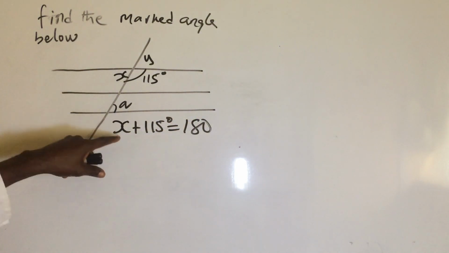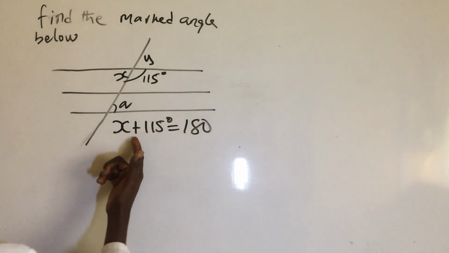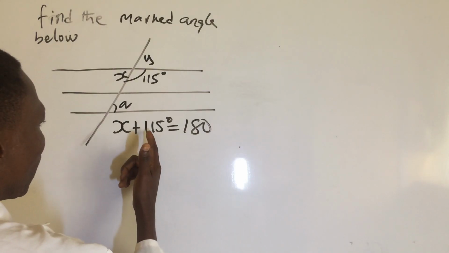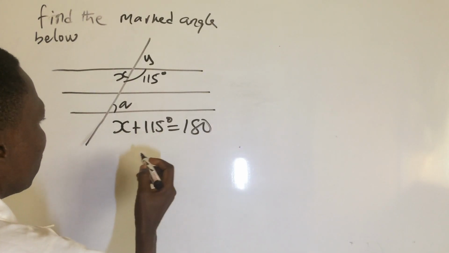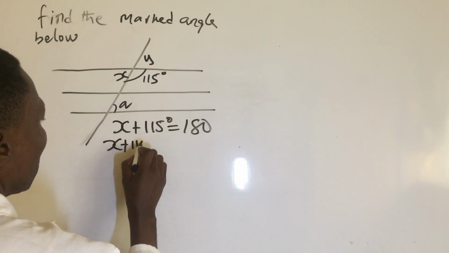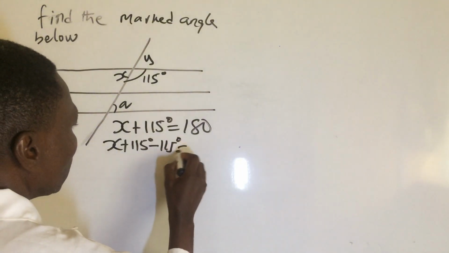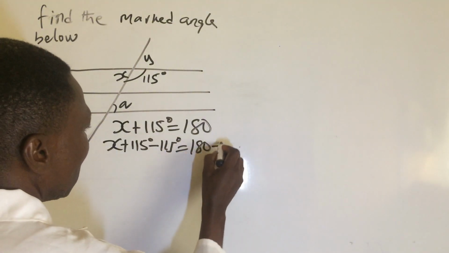Remember, we are looking for x. Now, what do we do to get x? We subtract 115 from both sides. We now say x plus 115 degrees minus 115 degrees equals 180 minus